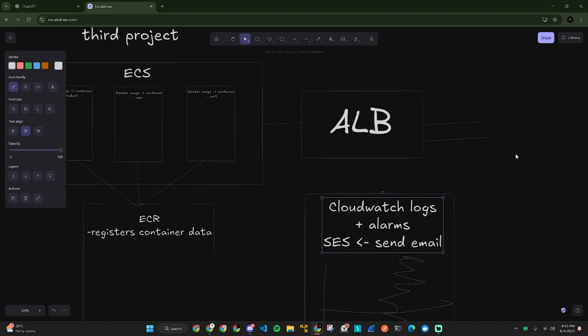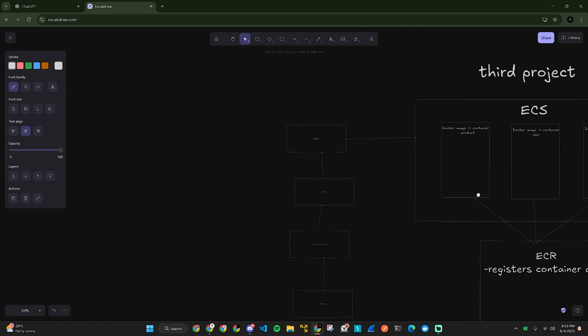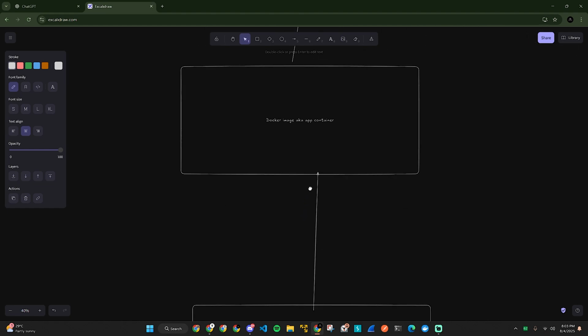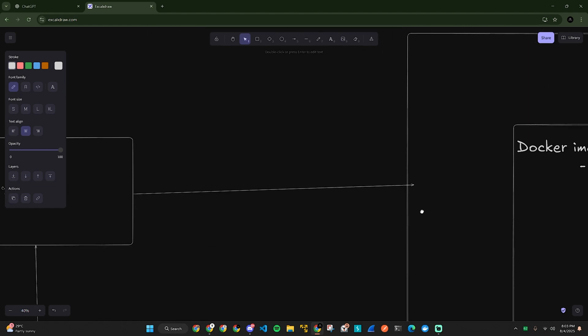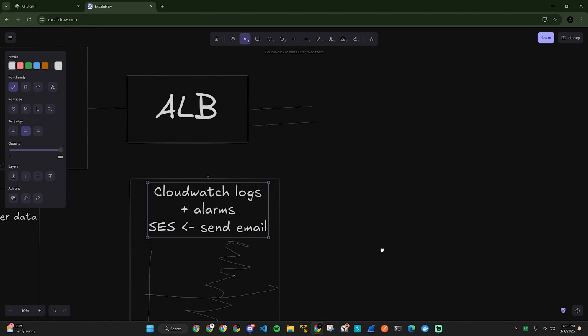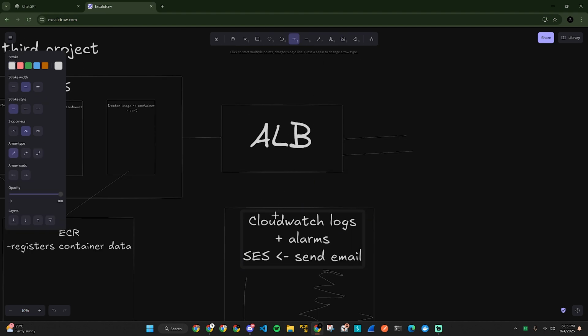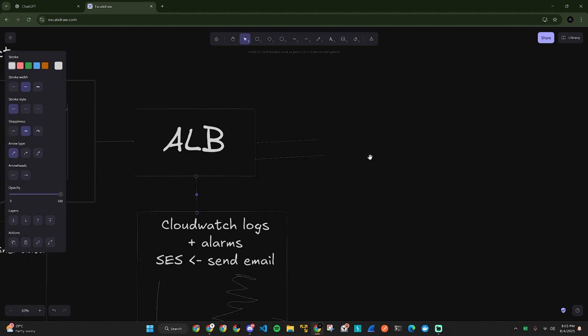Okay. So once we have that ECR, the ECS, and the ALB, application load balancer, and we have GitHub Actions, Docker image, K10 pod, CodePipeline, and ALB. So this is the application load balancer. And finally, one second, fifth one. So once we have the application load balancer, we're going to have